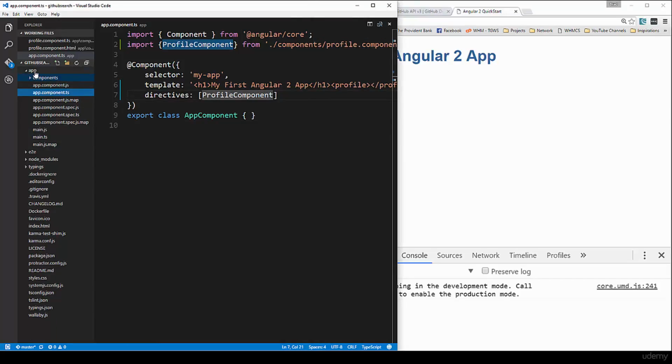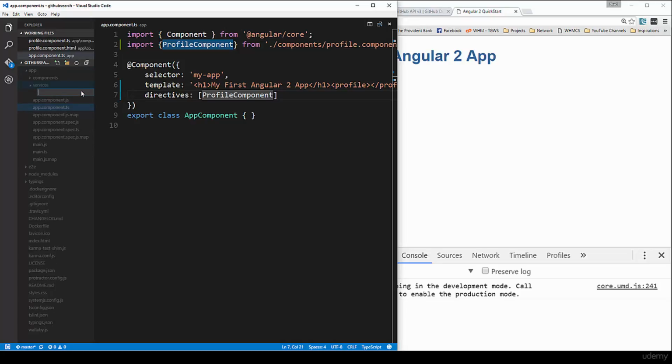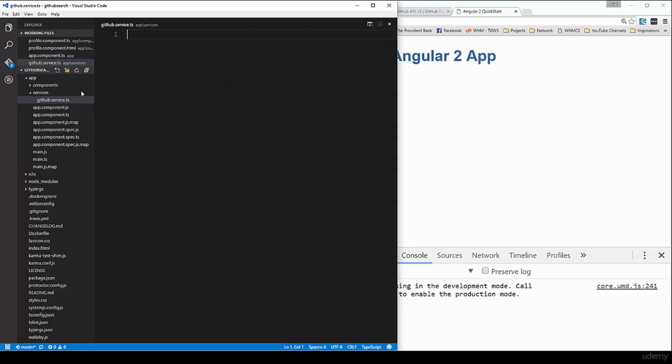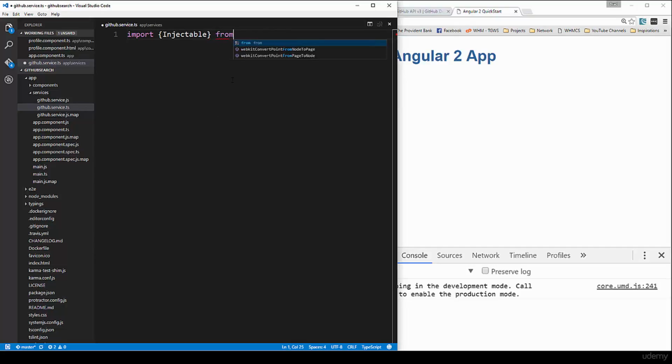So in our app folder, let's go ahead and create another folder called services. And then inside there we're going to create a new file and we're going to save this as github.service.ts. Alright, and there's a few things we need to do here. We need to import the injectable utility, and that's going to allow us to add this service as a dependency using dependency injection. So that's going to be from